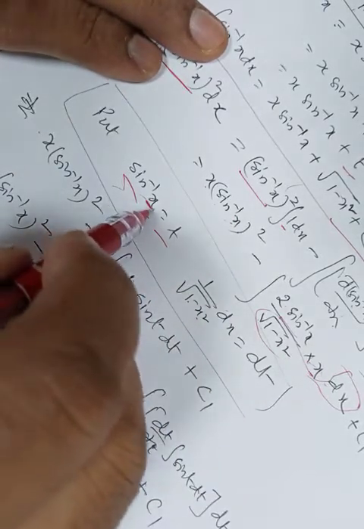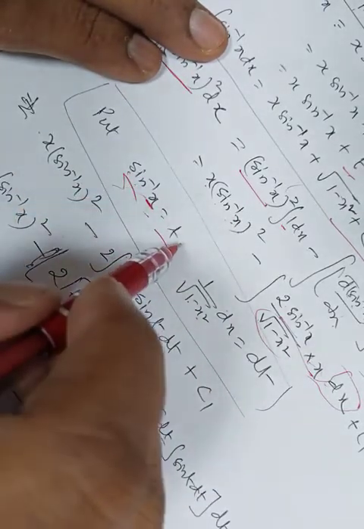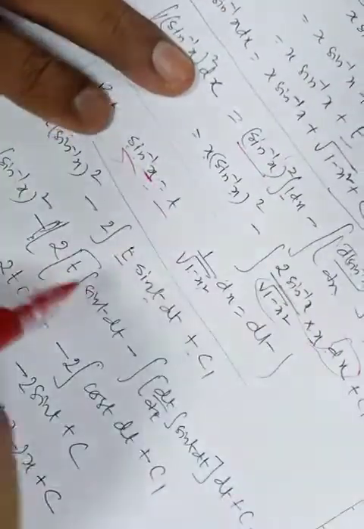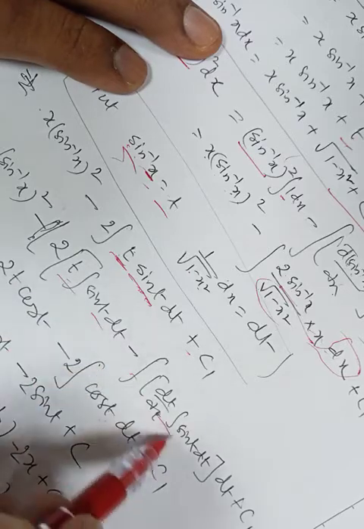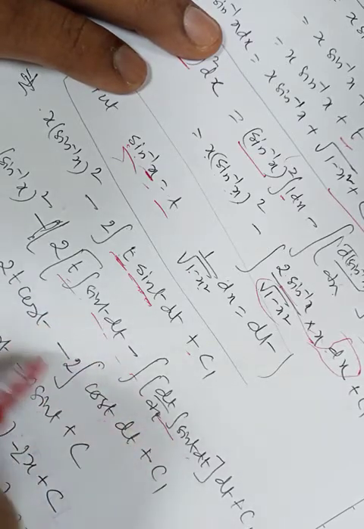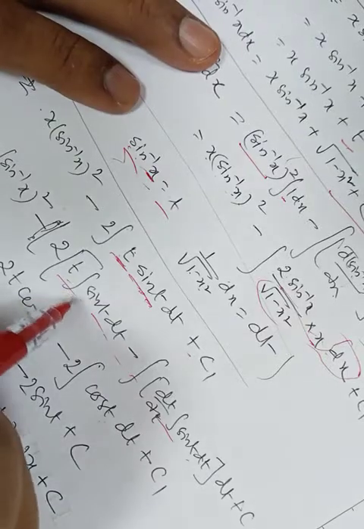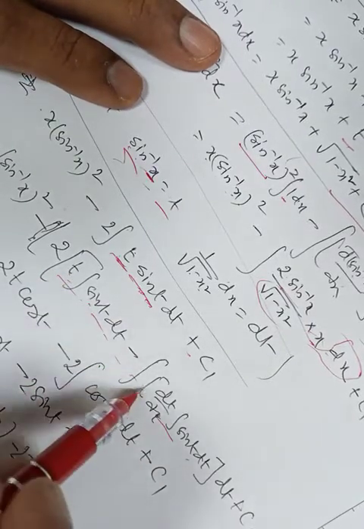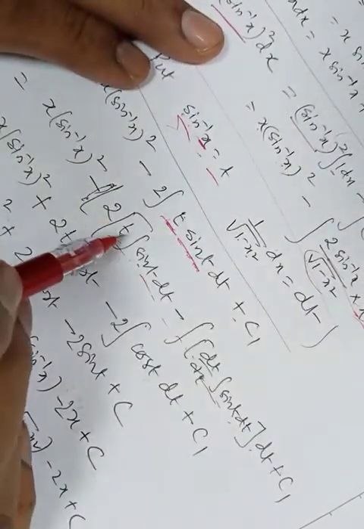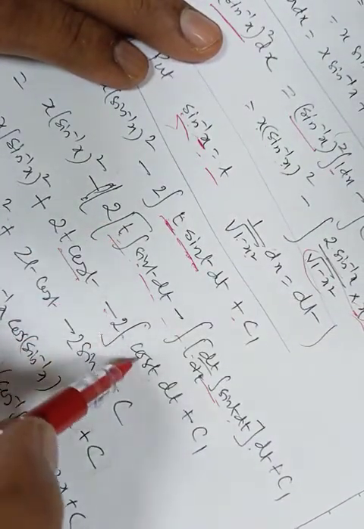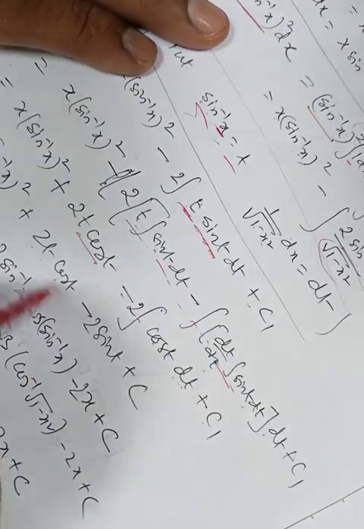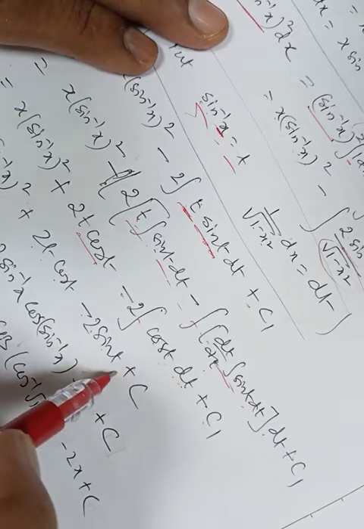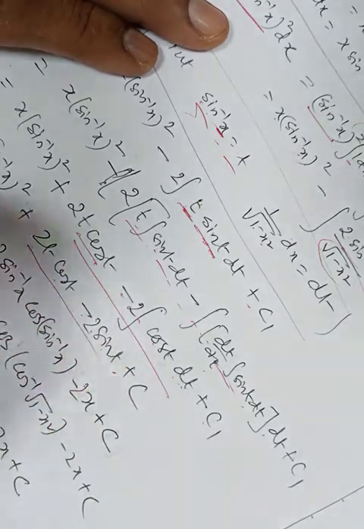What will be x here? x will be sine t. So I'll again apply that. Just now we have done t sine t by chain rule. So this one came already, just now we have done t sine t, first function, differentiation of second. So we got 2 cos t, then cos t dt will be 1, then finally we get 2t cos t, 2 sine t. This part just now we have done.